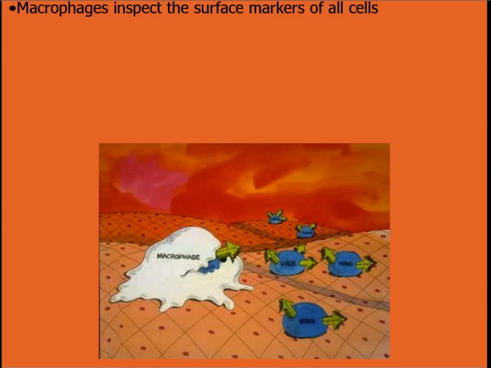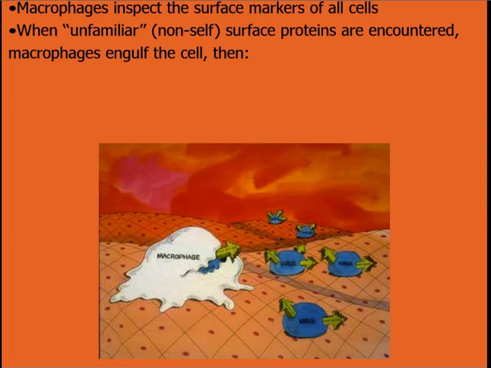Okay, so the macrophages go rolling through your whole body, inspecting the surface markers, the MHC proteins of all cells. When an unfamiliar surface protein, an antigen, is encountered, the macrophage eats the cell, or in this case, in the diagram, they're showing you diagrams of viruses. The viruses are holding, in this diagram, green arrows. Those green arrows represent their foreign proteins, their antigens. So you see that the macrophage has eaten a virus and it's holding one of the foreign proteins up on